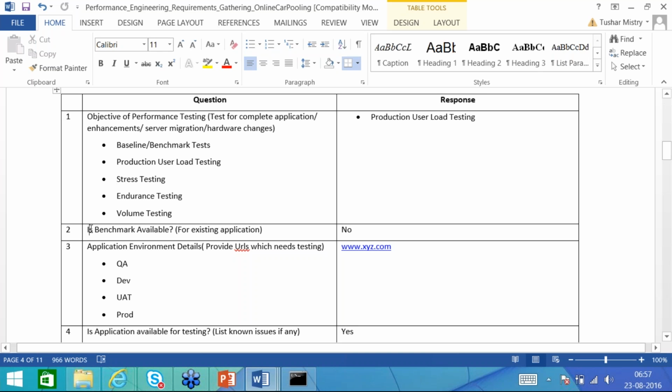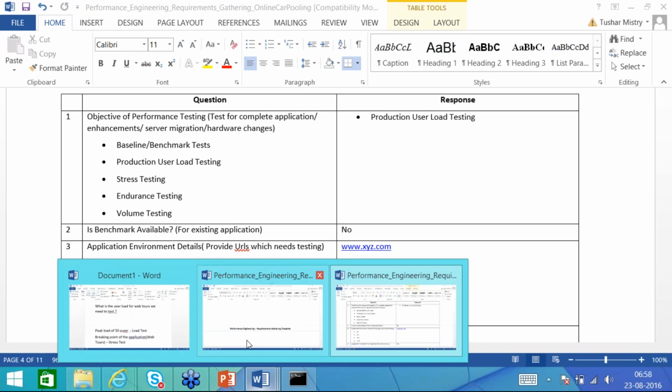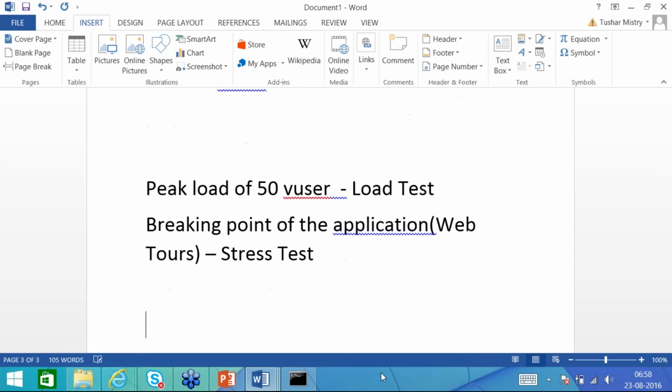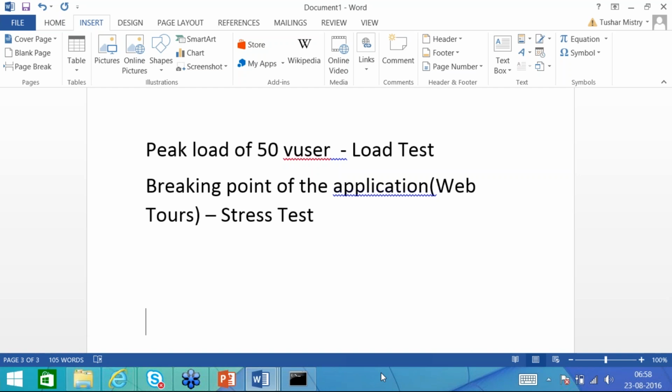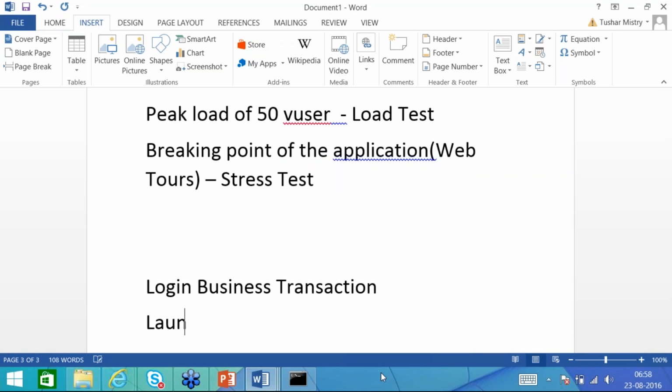Is the benchmark available for the existing application? Like, has performance testing already been done for the application? Benchmark means, suppose they have done the performance testing. I'm taking an example of the login business transaction for WebTours. What we do is launch the application. This is your first transaction, the launch transaction.